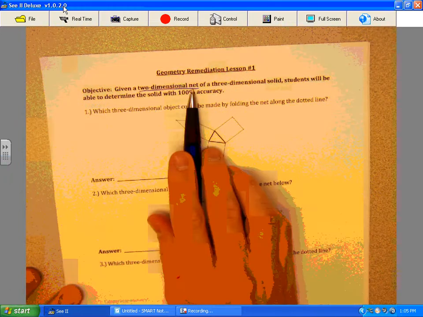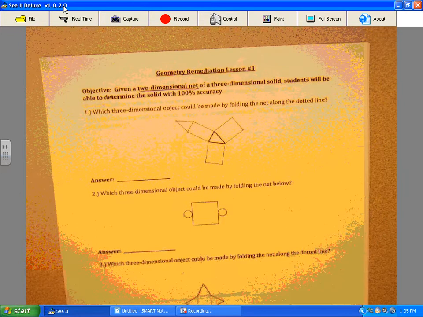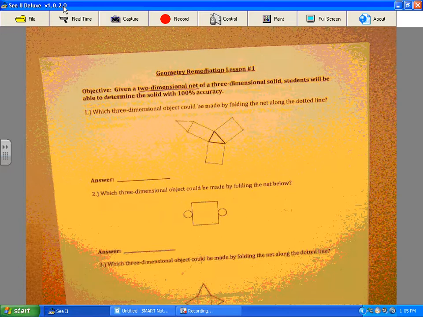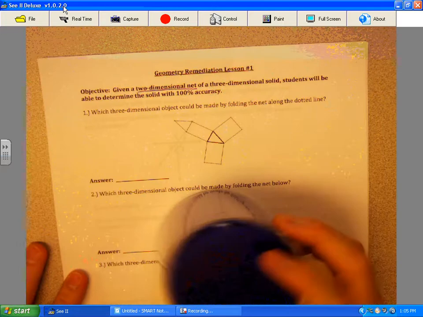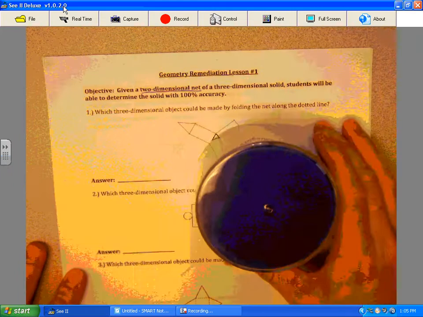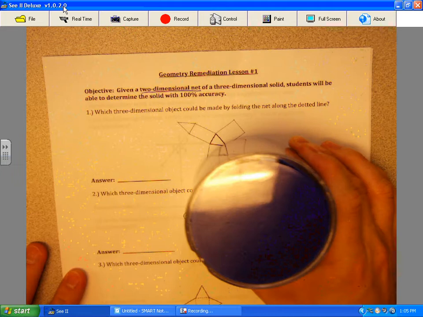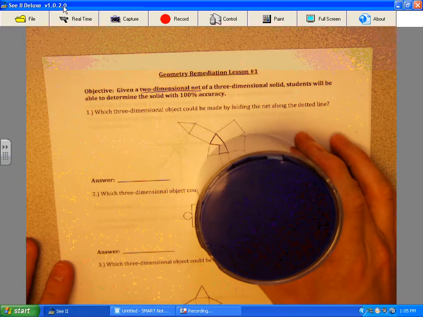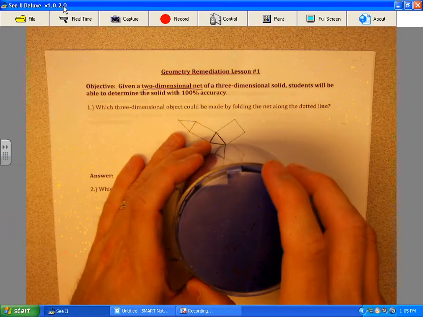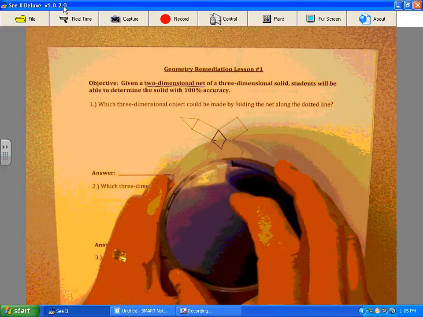Well, a two-dimensional net is where we take a three-dimensional figure, such as a cylinder, and we break it into its two-dimensional parts. So this cylinder we're going to break into the two-dimensional parts that make it up. So looking at a cylinder's two-dimensional net,